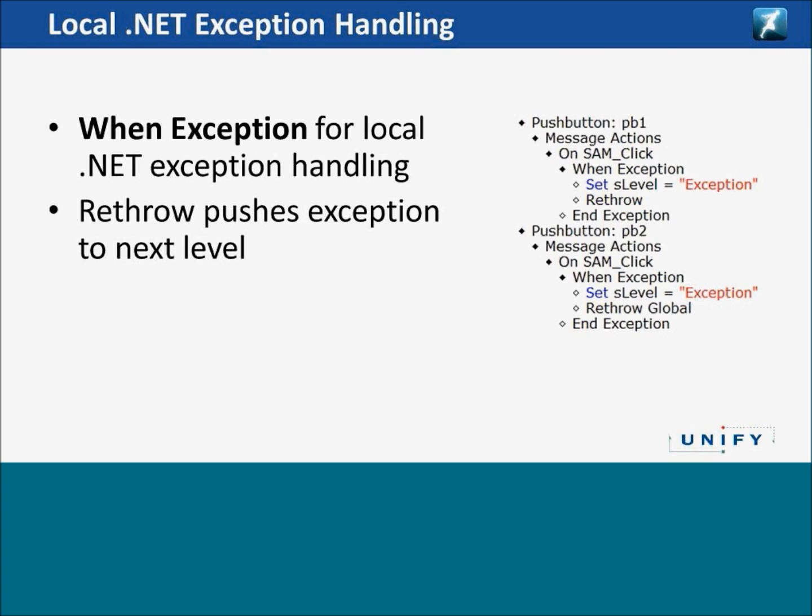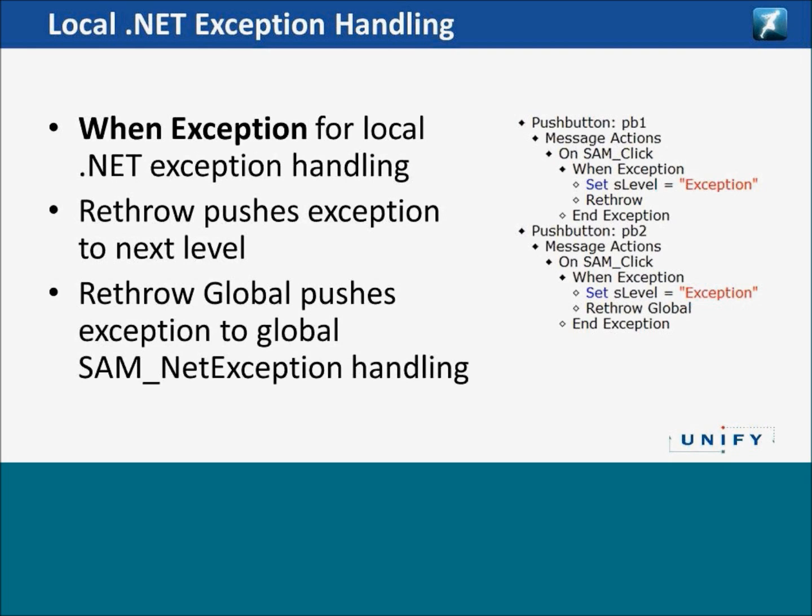So you can basically create a queue of exceptions, and at different levels these exceptions will be handled from your code. And there's rethrow, and then there's also rethrow global, which pushes the exception to the global SAMnet exception handling. So very detailed and very nice new exception handling for .NET applications. And you see the code to the right